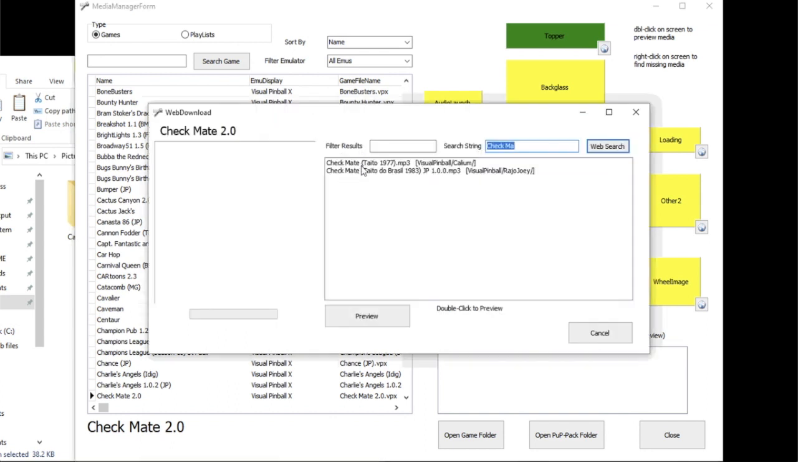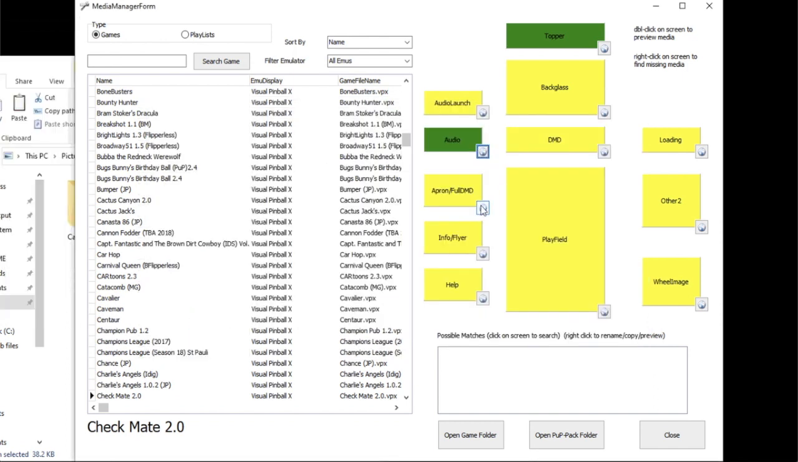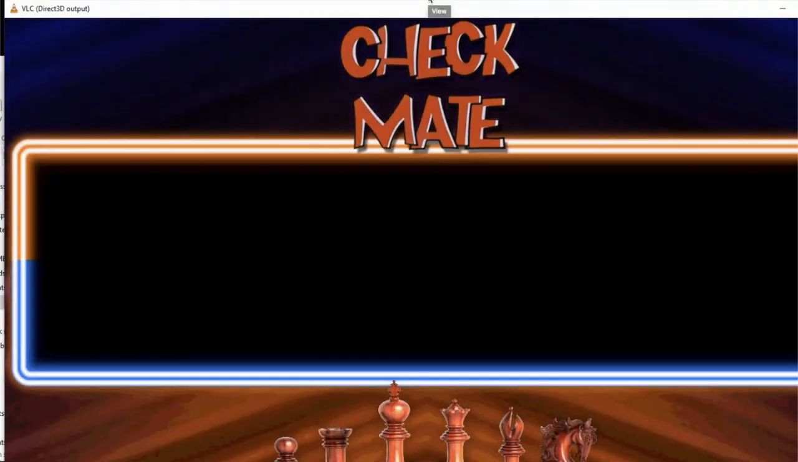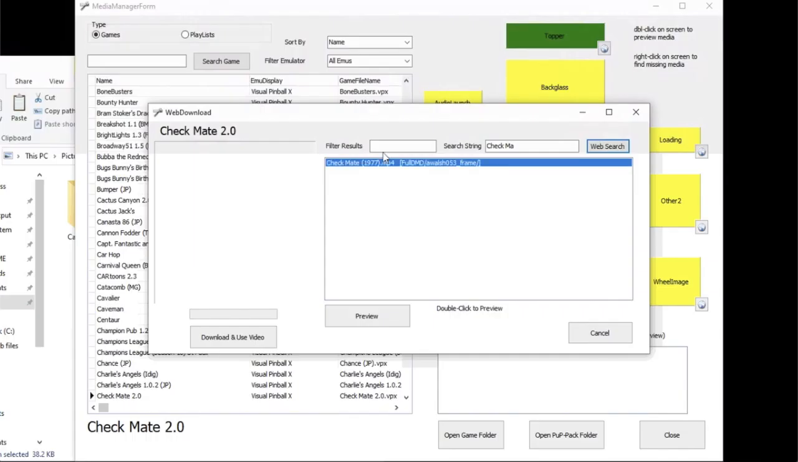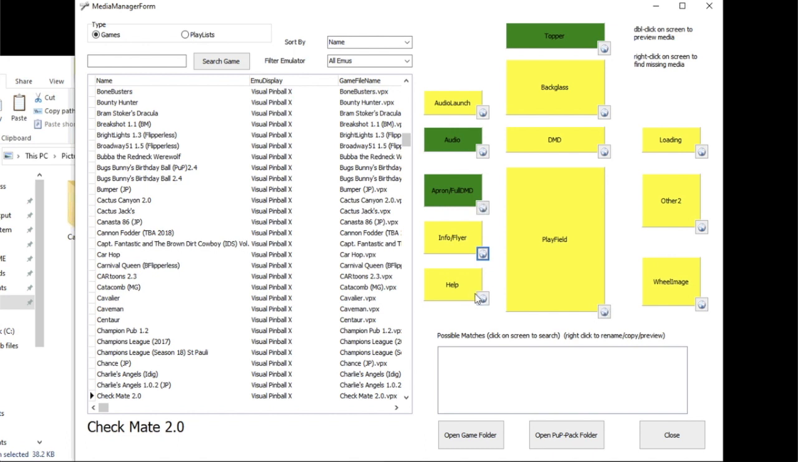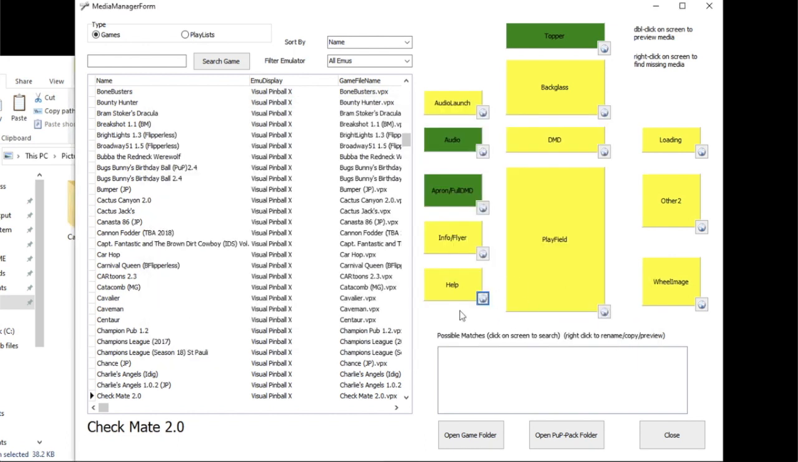Audio is typically the audio of when you're scrolling through the previews, right? Download and use. All right. Apron full DMD. There is one. Very nice. Very, very nice. So I'm going to use this one. Okay. Info flyer. This is for the game information and the picture of the real table, if there is one,